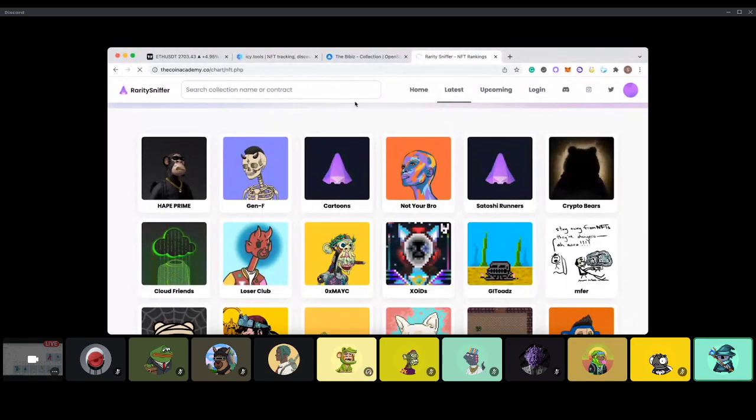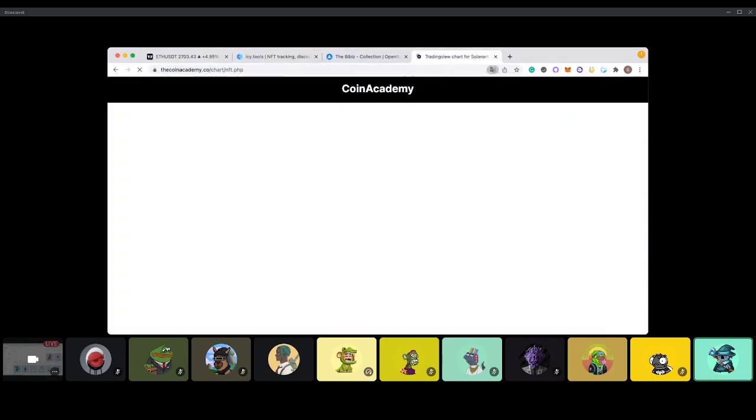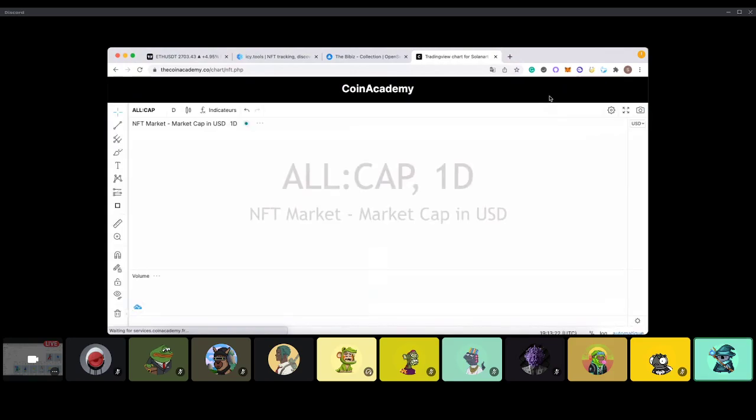Let me switch my connection. Seems my connection is bad. This is not a tool, but more of